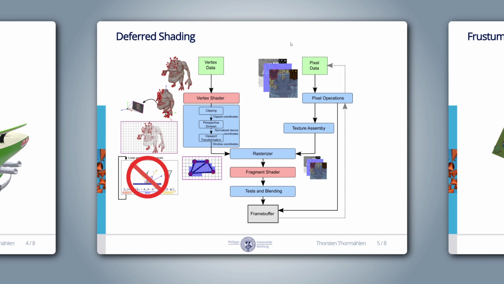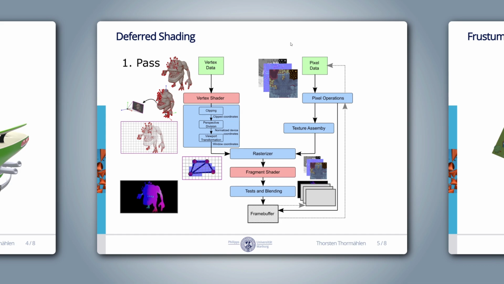Typically, this information does not fit into a single RGB8 texture. So we use multiple render targets, called MRT for short. We create several additional empty textures. These empty textures are attached to the frame buffer. In the first render pass, the fragment shader simultaneously writes the output data to the multiple render targets. For example, positions, surface normals, base color, and additional material parameters. This collection of textures is typically called the geometry buffer, or G-buffer for short.